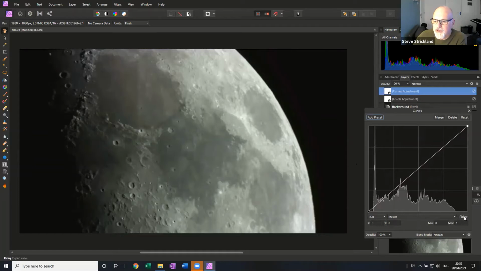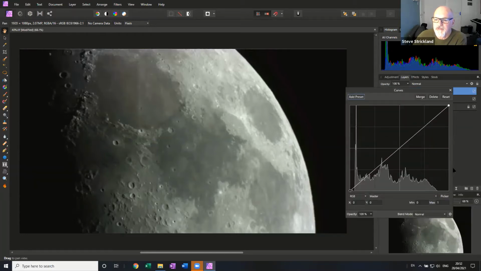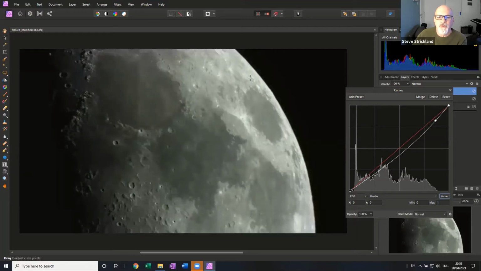One of the things I like with Affinity Photo, certainly compared with GIMP, is you can click on this button called Picker, and what you can then do, if you see the cursor here with the crosshairs, I might decide some of these white areas up here I think are a bit too bright. So you click on it, and then just move the cursor down,